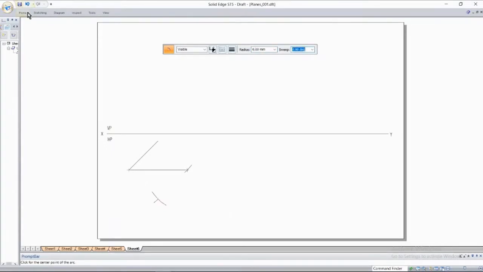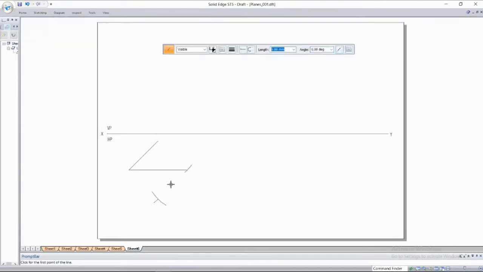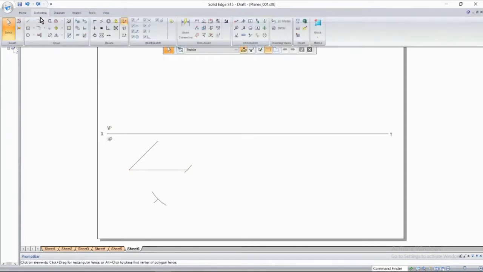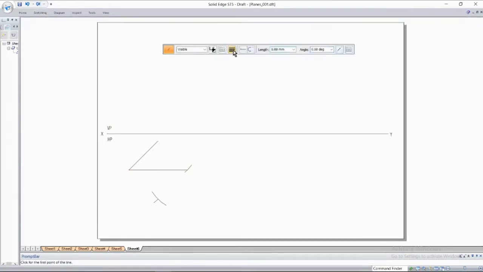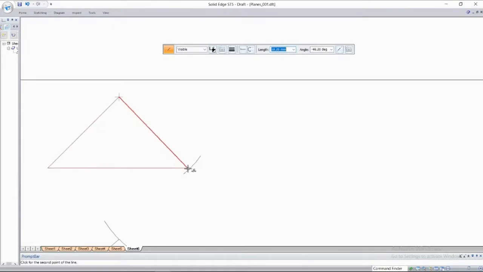Once you do this, join all these points with thick line. I'm joining them with thick line.